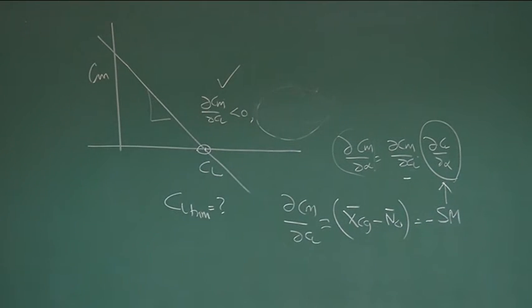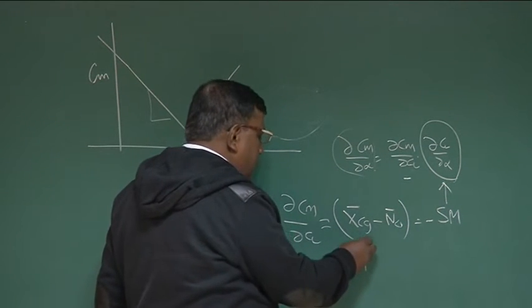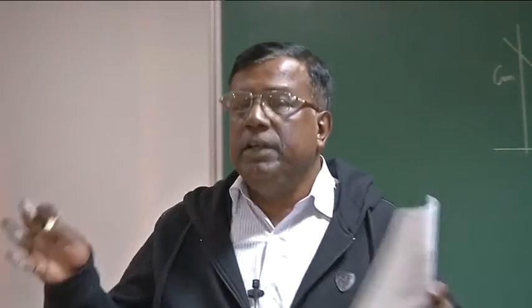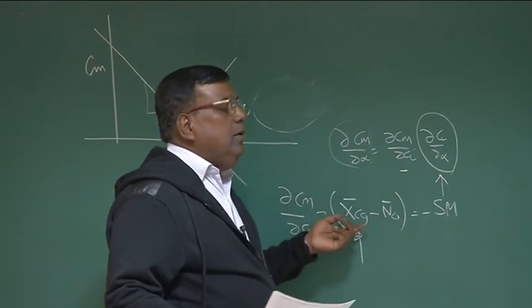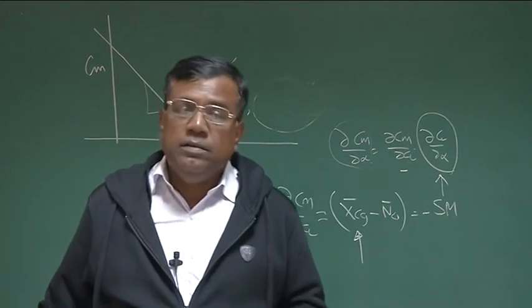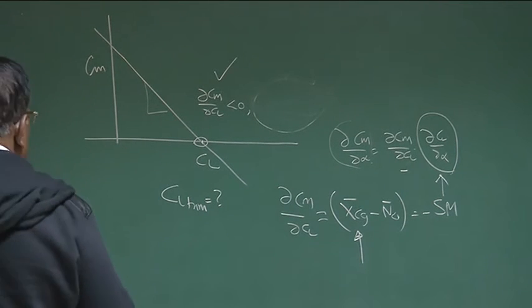So we could see that this slope will depend upon the xCg location, because n naught doesn't depend upon CG; it depends upon the configuration. It is the stick fixed neutral point. How do we define the neutral point? Neutral point is that CG location at which dCm by dCl is equal to 0, or at which the aircraft becomes neutrally stable. If I put the CG beyond the neutral point, the aircraft will become statically unstable. This is the concept behind what the problem will be doing.